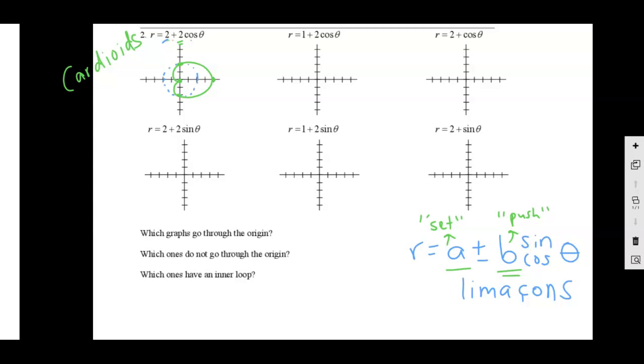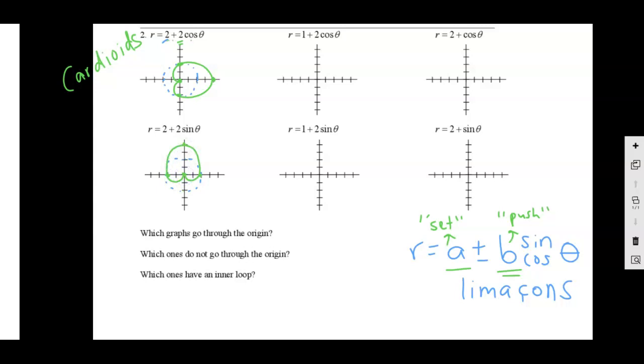Let's look at the one underneath it. Let's do 2 plus 2 sine theta. Now let's try to graph it before we look at the calculator, and then we'll use the calculator to reinforce. The r equals 2 is the circle. That's kind of what we set everything out as. Then I'm going to push in the positive y direction. I'm going to push it 2 units up. If I'm pushing vertically, the left and the right points don't move. But that point is going to move up 2, and this point is going to move up 2. And so here you're going to end up,